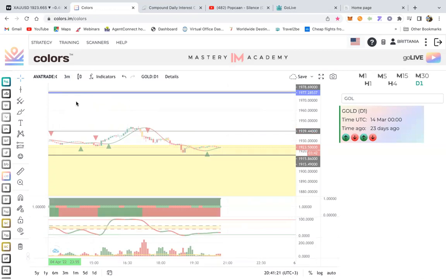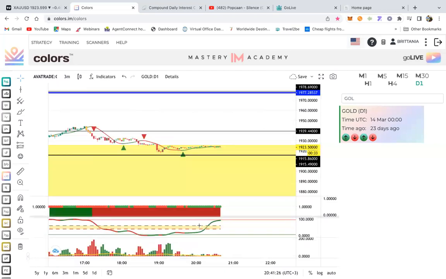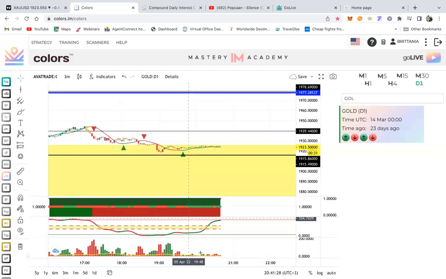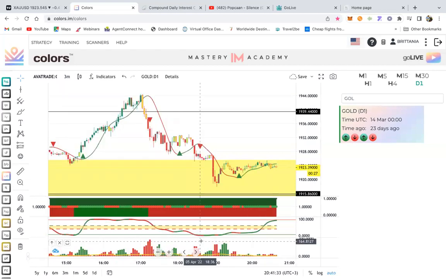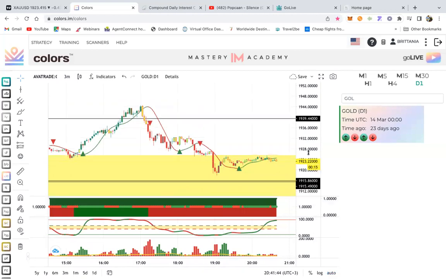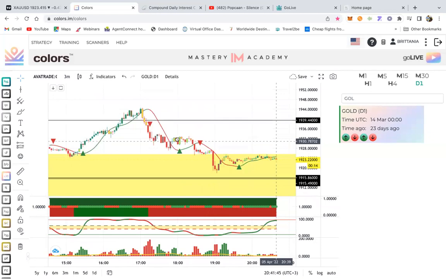And bear in mind, there's been a lot of movement throughout the day. So gold is going to start moving sideways until it's ready to start buying up again. That's when I come in at Asian session. Sometimes you will have the Asian people, the banks and stuff, come in, put in their big orders and then leave. All right. So we don't have anything setting up on gold yet.